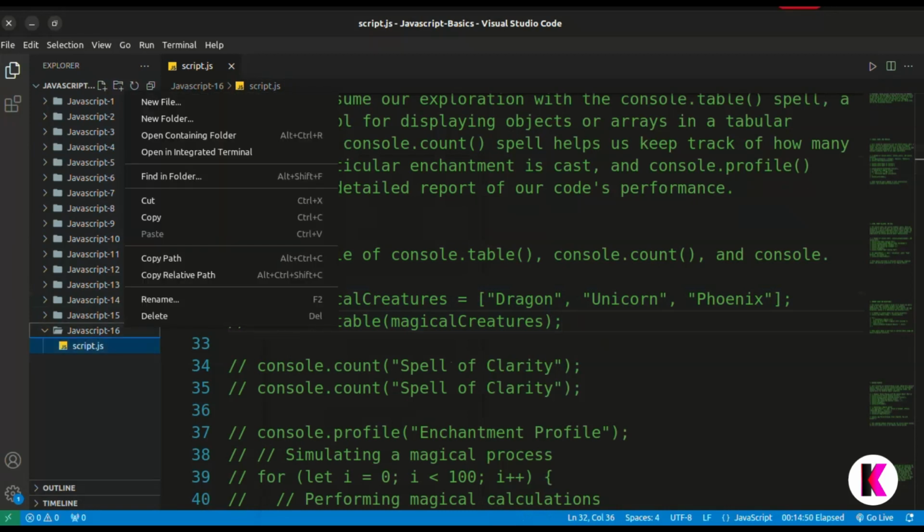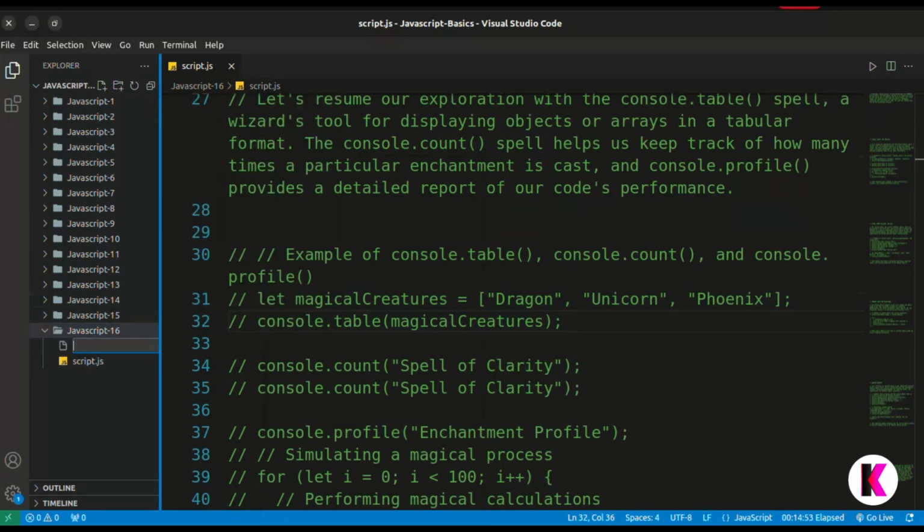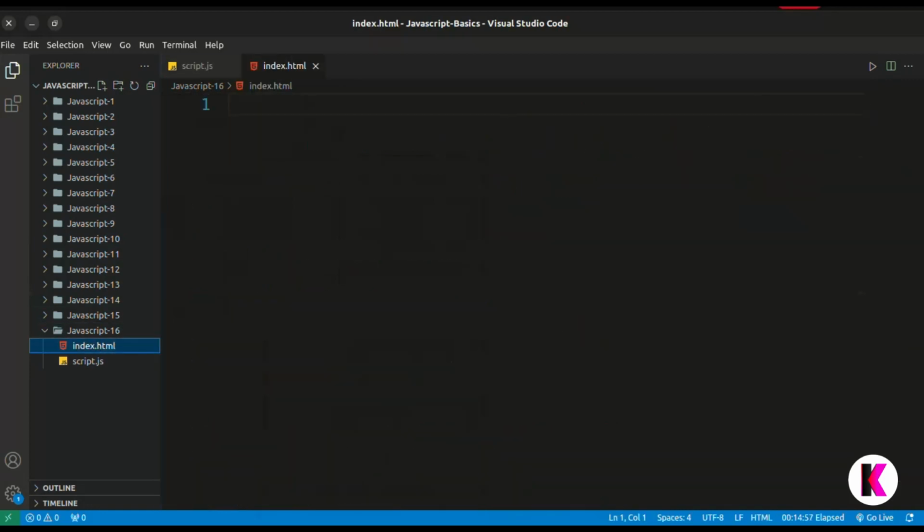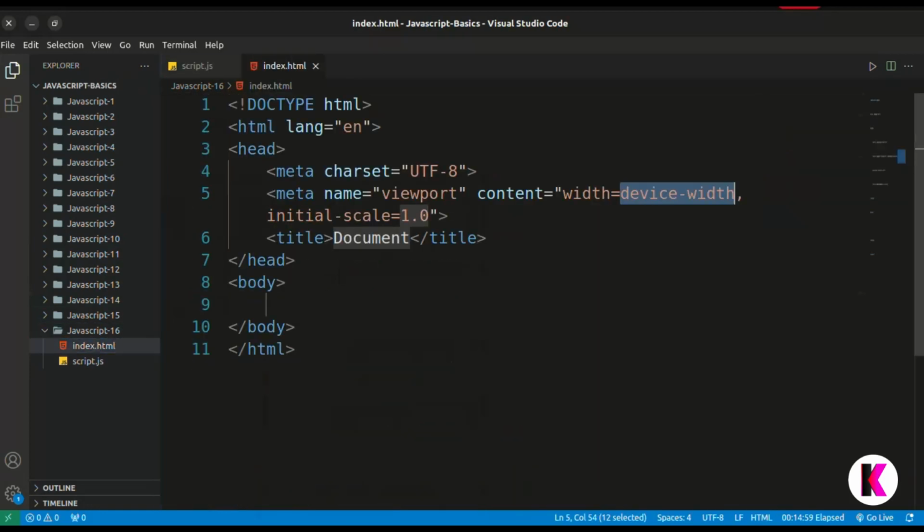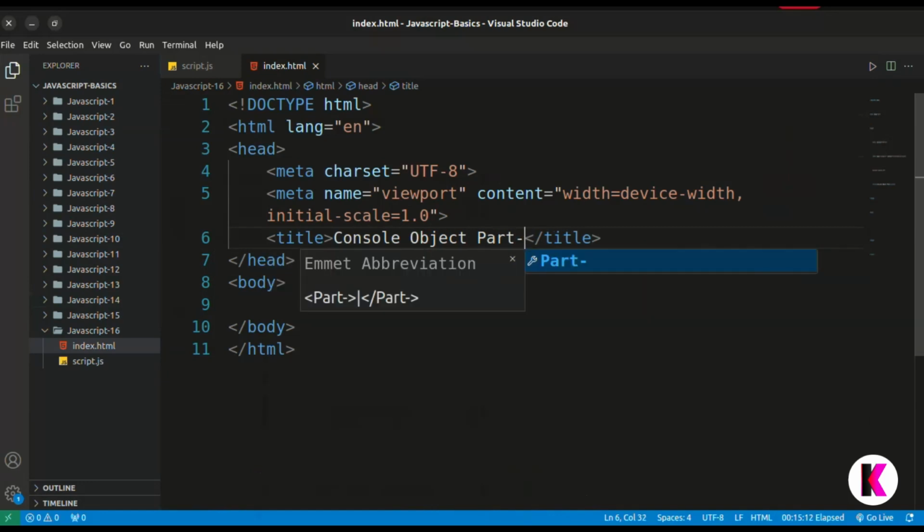First we have to make a file, index.html, and in the HTML we just use the emmet power and write the console object part two.